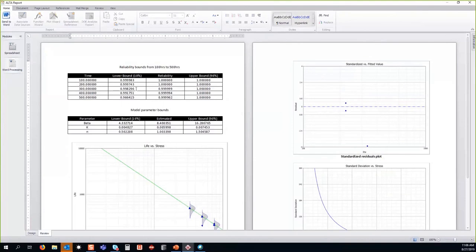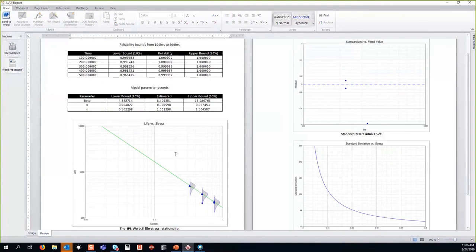And I've got those tables generated based on this result. I've got those plots, and I could send this to Word or send this to a PDF. So this is a really nice feature to take that analysis and report results of interest in a reproducible and